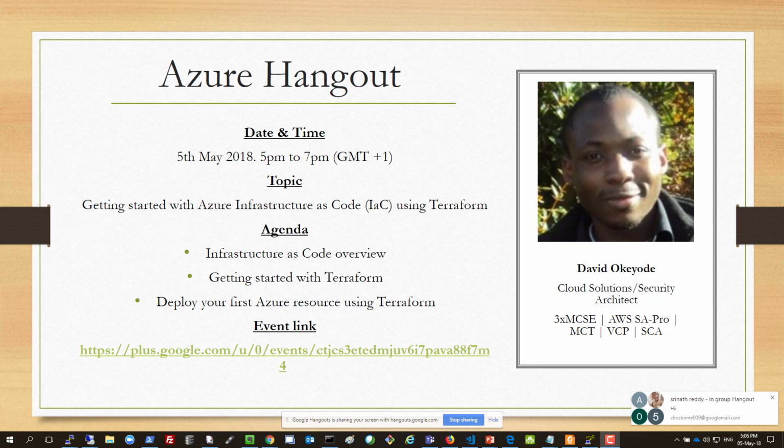Okay, so welcome to the session where we're talking about getting started with Azure Infrastructure as code using Terraform. One of the main reasons why I decided to do this is that this is one of the areas where I've seen a lot of confusion. Just to give you an explanation of what I mean by that: if I say infrastructure as code to a lot of people, not necessarily you that are joining this session,